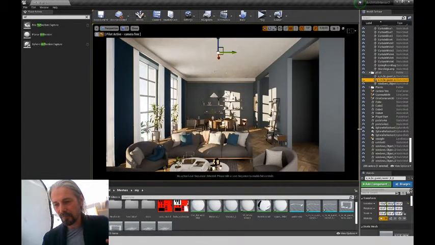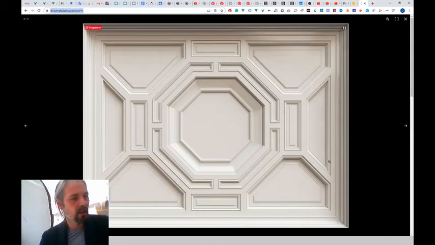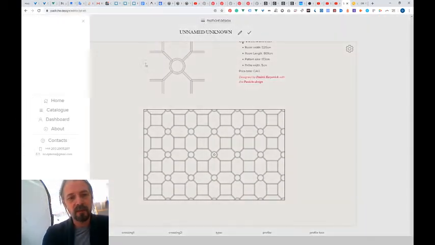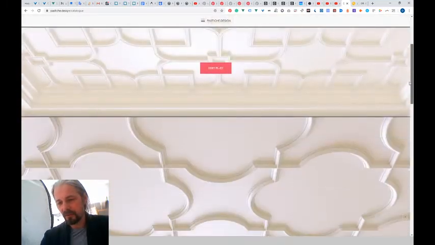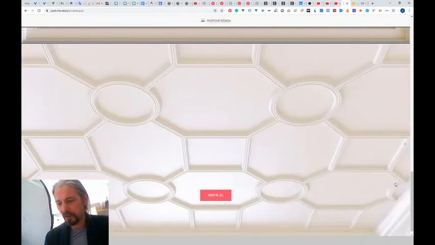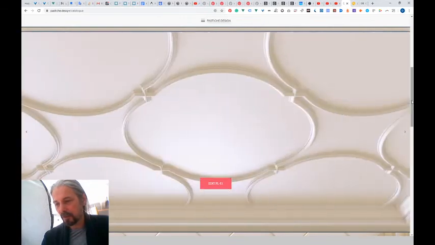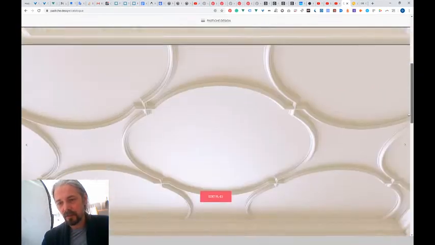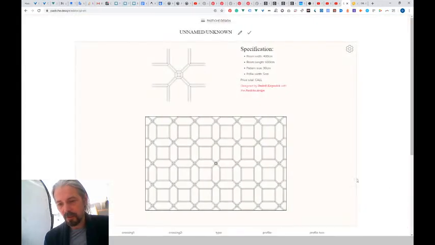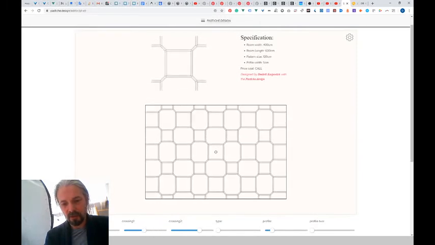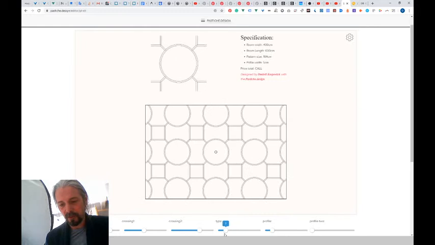And this is Decorate. We will not be talking about Decorate, we will be talking about Pastiche.design and how it will help you to make ceiling designs. So Pastiche.design is a not-too-big collection right now of ceiling templates for classical ceiling designs, and you could create your own ceiling design just on the website. Okay, so for example here, we change the parameters and we see immediately how this affects